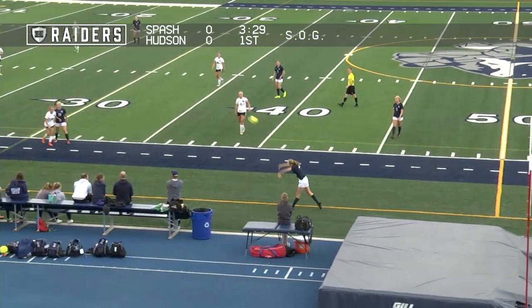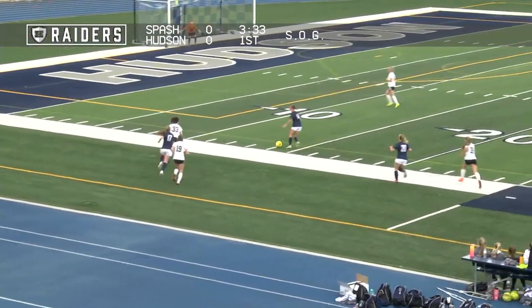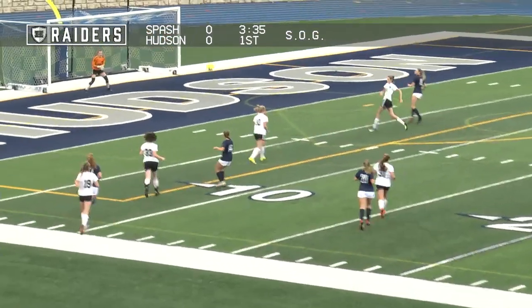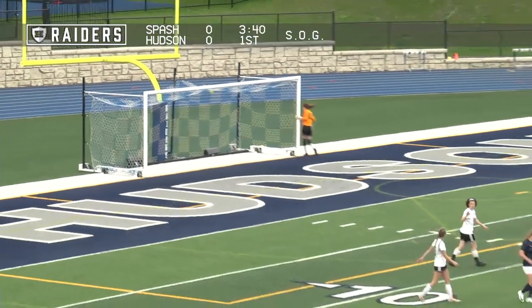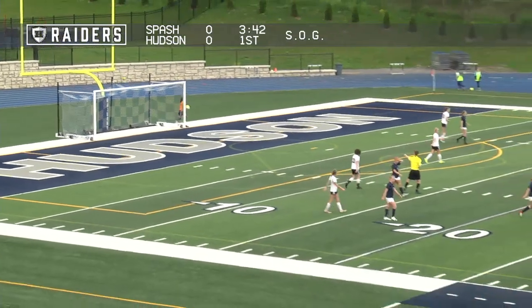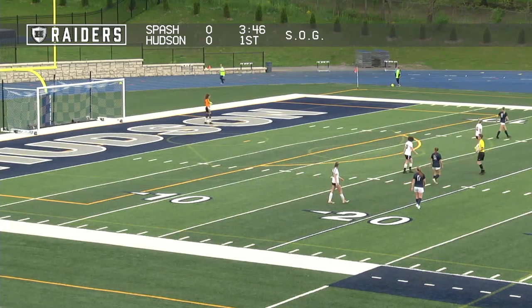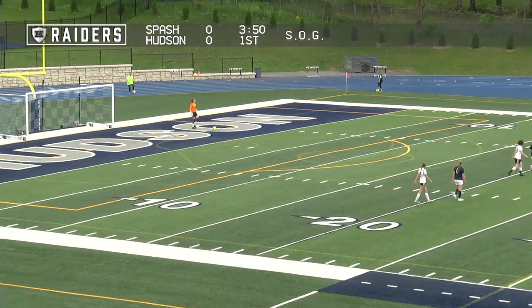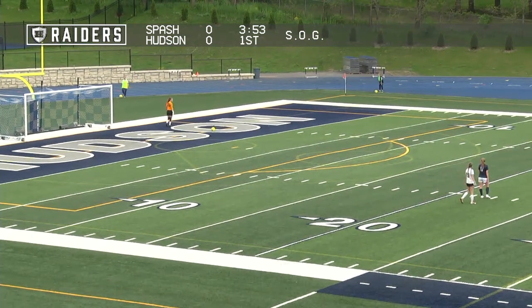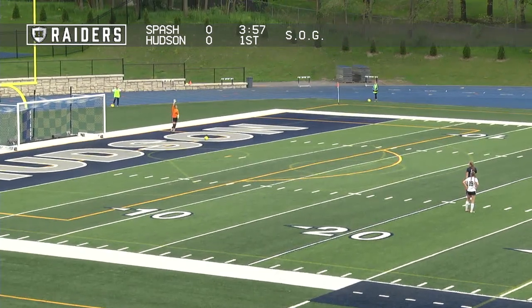Annika Lewis, senior co-captain, throws it up towards Liz Collinson. Collinson makes a great play on it, gives it up to Sydney Spencer. Spencer shoots a shot on net, but it's way too high for Beversdorf to even think about it. She watches it trail above the crossbar. So Beversdorf